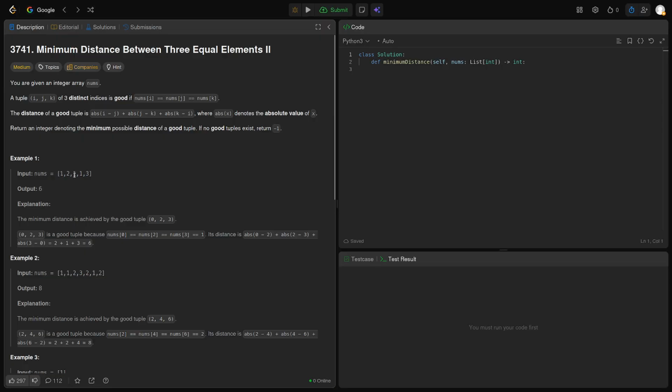So we try all adjacent triplets of the same number and take the minimum distance, and the distance is twice first to third. Okay, so basically we store the indices,